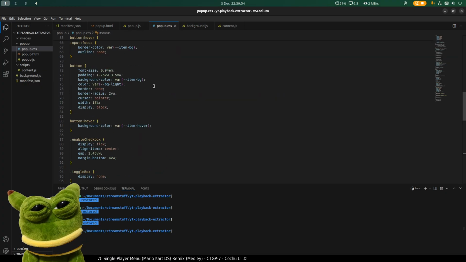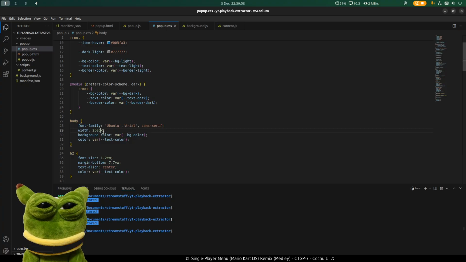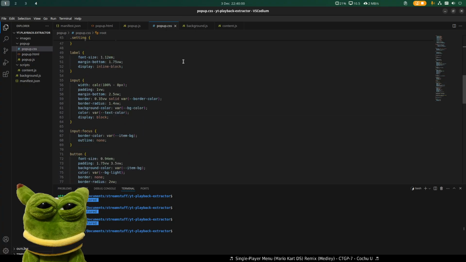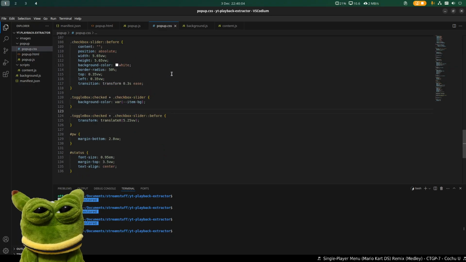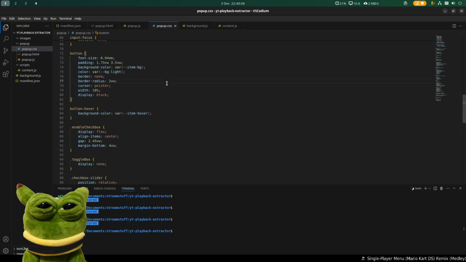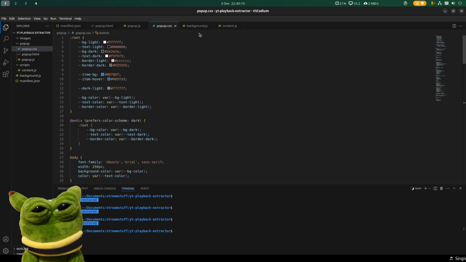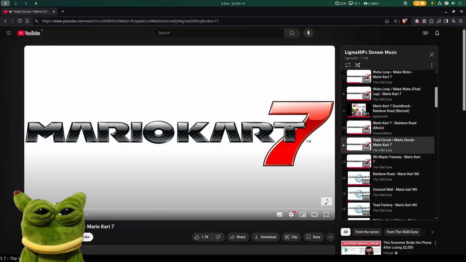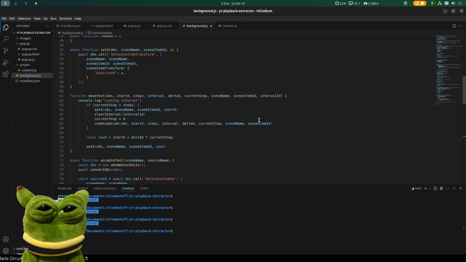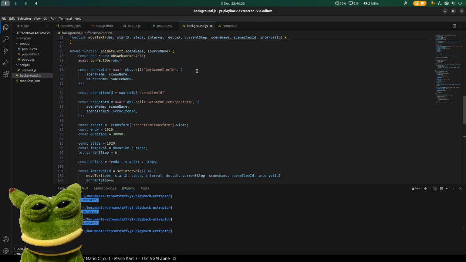First of all, I want to go to my CSS and I want to... Okay, this is already good. That's already in pixels, so we don't need to mess with that. This should all be good to go. Yeah, the CSS should be... I mean, we probably need to refactor the visuals, but it's fine. Alright, we went to Mario Kart music. Let's go. But in our background we have